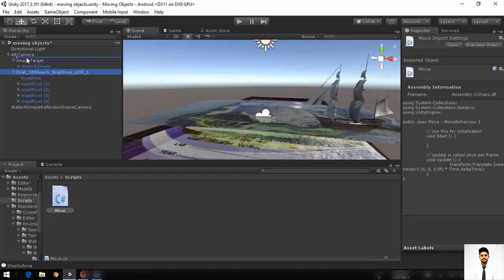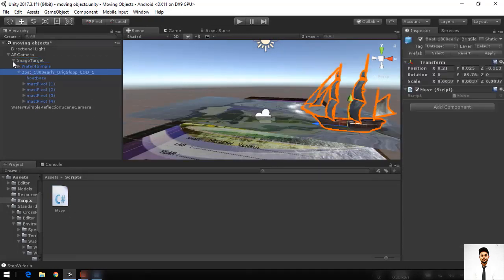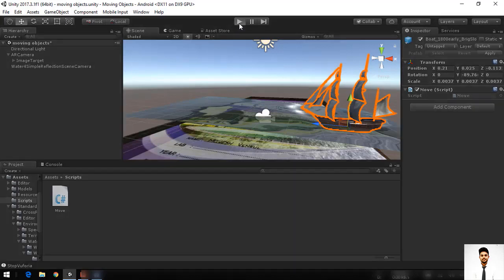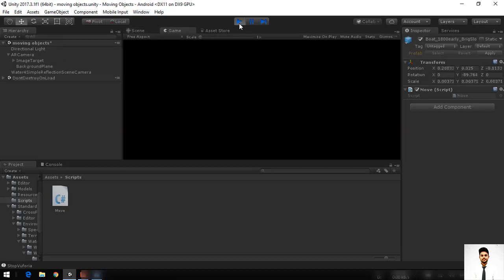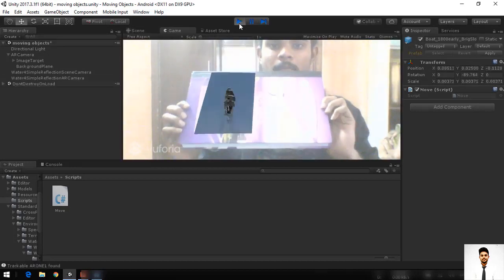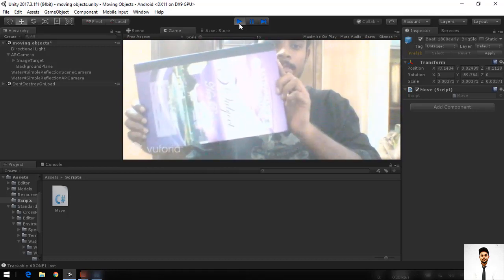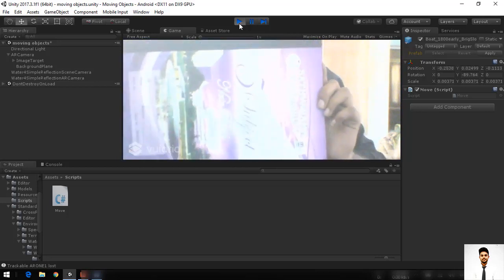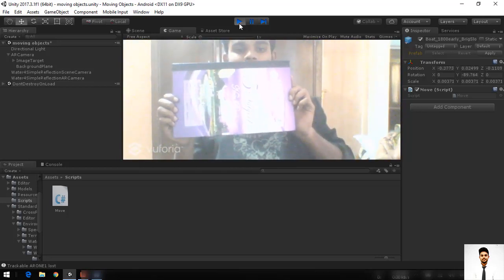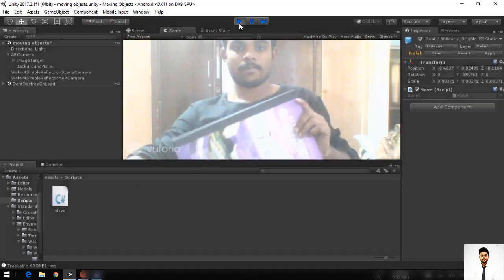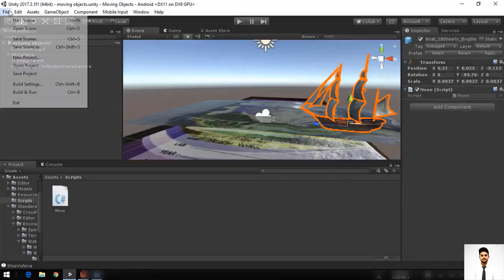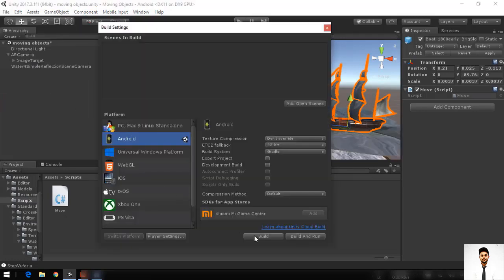The image target. Oh, the board is not a target, it is a hierarchy. I have set the hierarchy now. And let's click on start again. Yeah, that's cool. See, actually that is my webcam problem, but it works for you. Don't worry about it. As you have seen, the board is moving on top of the water prefab.